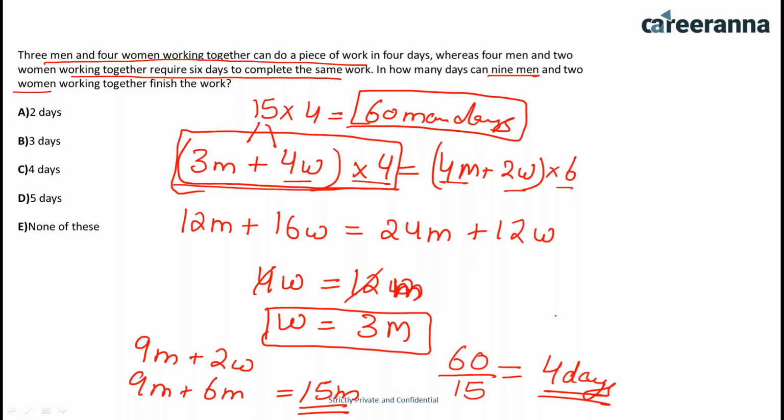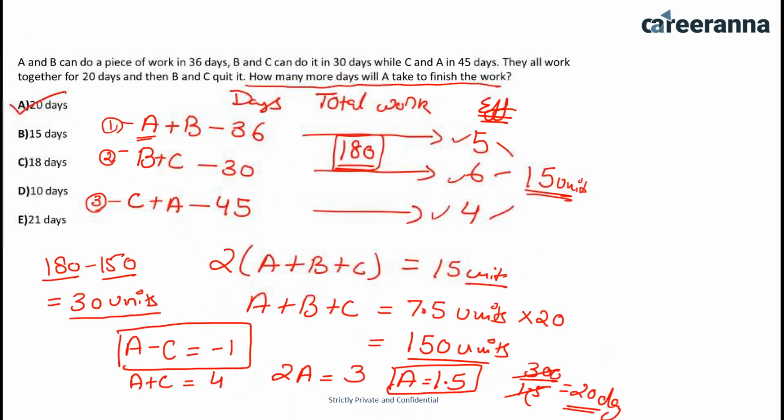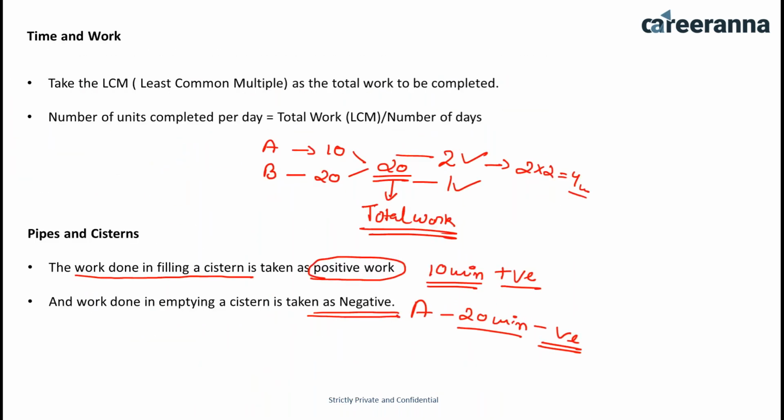So in today's session we have completed time and work, Mendele's concept, and pipes and cistern concept. So these 3 are the major parts of time and work. We have already completed all these 3 topics. If you face any doubt or any difficulty, you can watch this session again. And for those students who want this, take the snapshot. So I am taking the slide. So this is our first slide. You can take the snapshot.